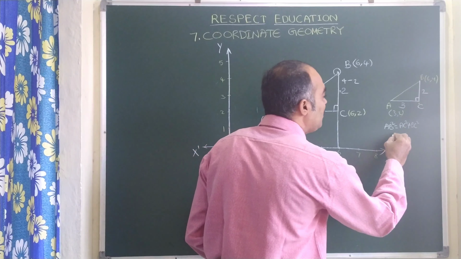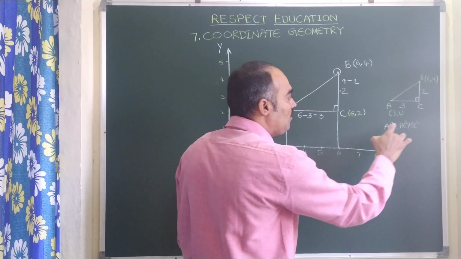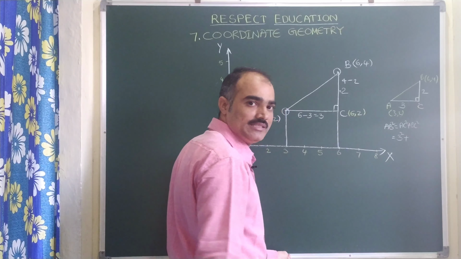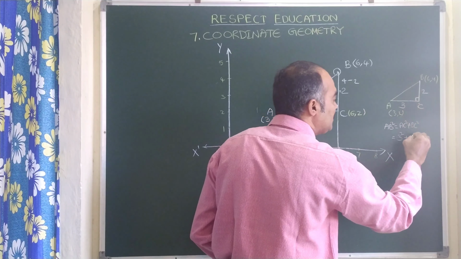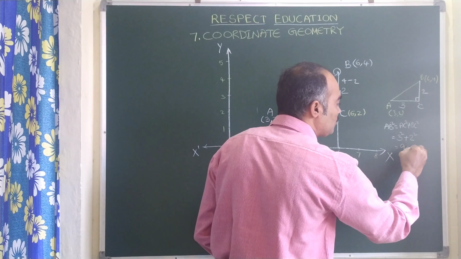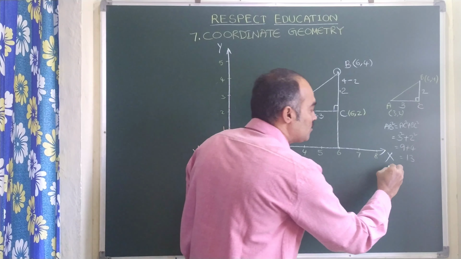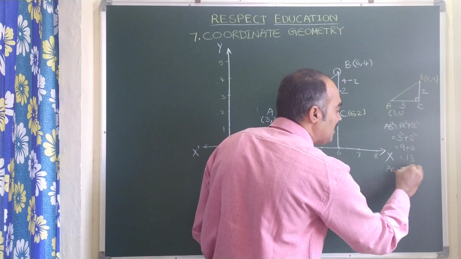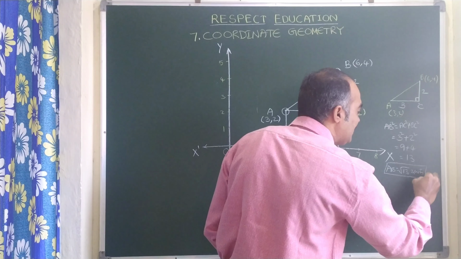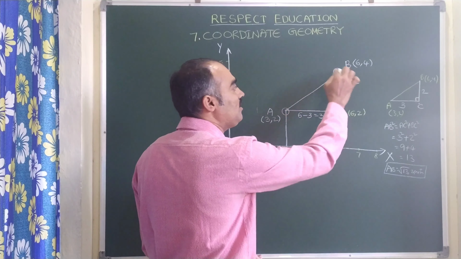So here let us substitute the values now. We want AB square. So let us write AB square as it is. Now AC square. AC is 3, so this is 3 square plus BC is 2, so this is 2 square. 3 square is 9 plus 2 square is 4. It is 9 plus 4 is 13. 13 is AB square. So we want only AB. AB is under root 13 units. Under root 13 units. Right? This is how we can find the distance between given 2 points.